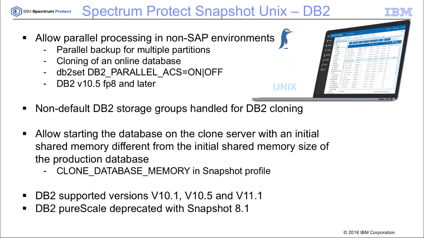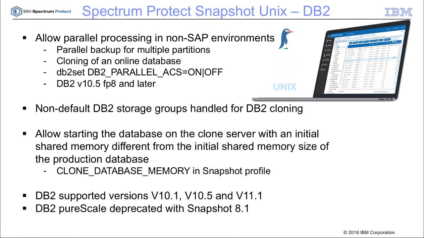And with version 8.1, we're now going to allow parallel processing in non-SAP environments for Spectrum Protect Snapshot for UNIX DB2. So the things that you can do include parallel backup for multiple partitions and the cloning of a database with multiple partitions in parallel. Now this is controlled with the DB2 set parameter